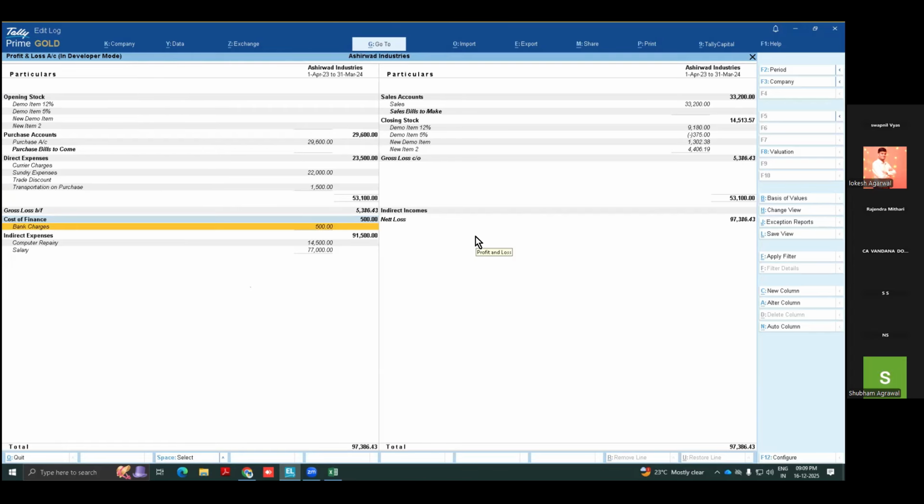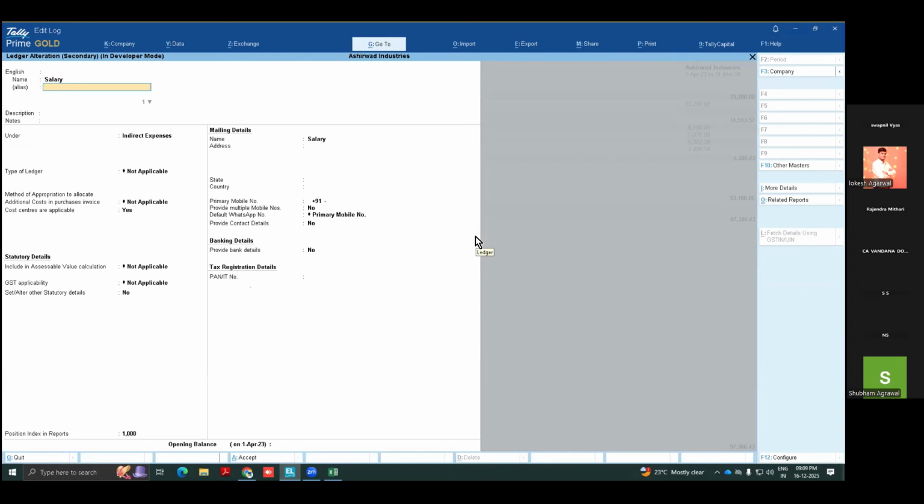This way, otherwise indirect expenditure has multiple groups, and instead of that you have to enter, so that is not required. You can do indexing of anything. Suppose this is now ABCD, and salary is below computer repairs. I want salary at first position, so control enter and give the position of first.